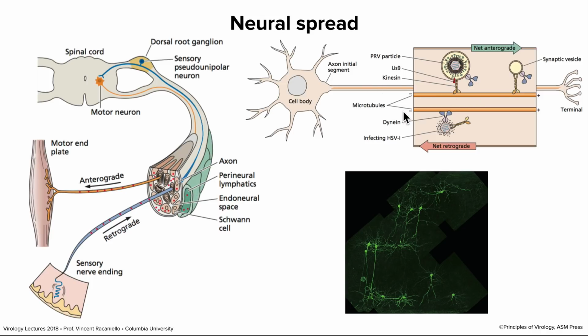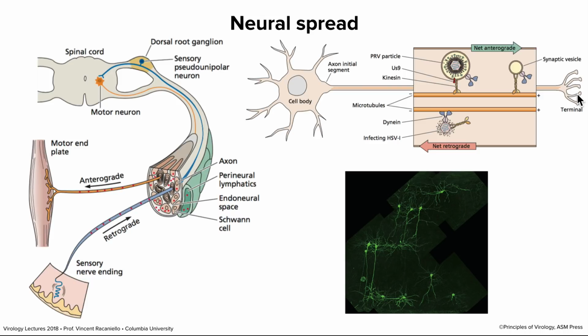Here on the upper right is a diagram of that. So here's a nerve cell with the cell body on the left and a long axon or dendrite. And at the other end is the nerve terminal. And of course, when signals are passed from nerve to nerve, this is where the signals would be passed, at the nerve terminus. Now, if a virus infects the terminus, this could be in a muscle or a sensory nerve